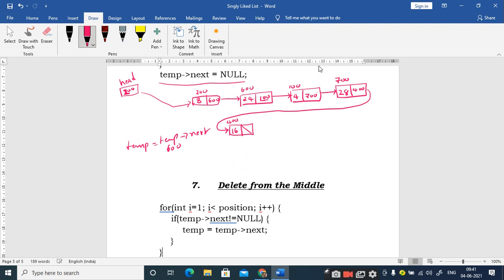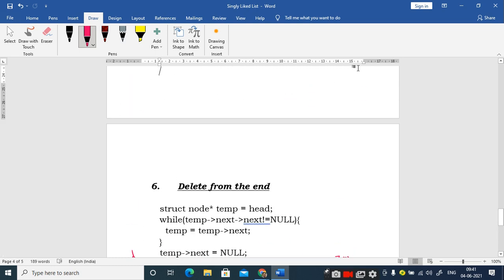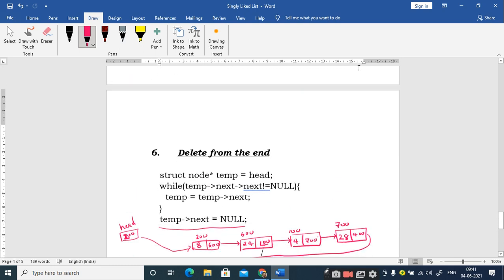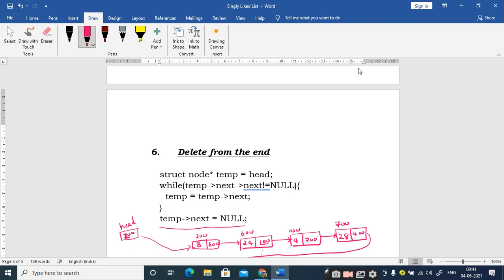So let us look at the logic here. Very simple logic. As I said, for traversal you need to create a temporary variable and assign the value of head to it.